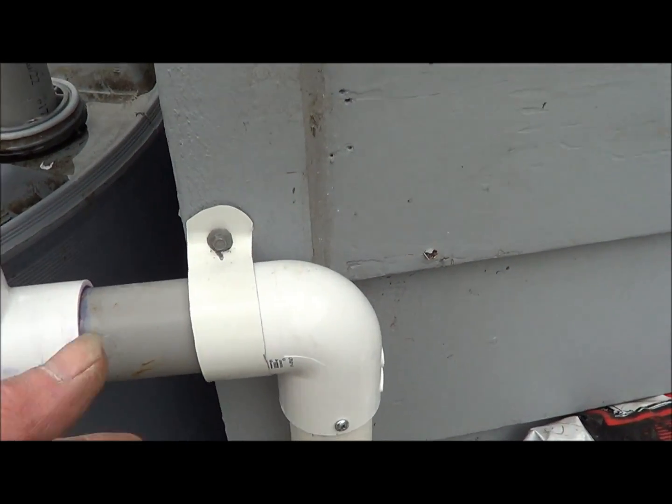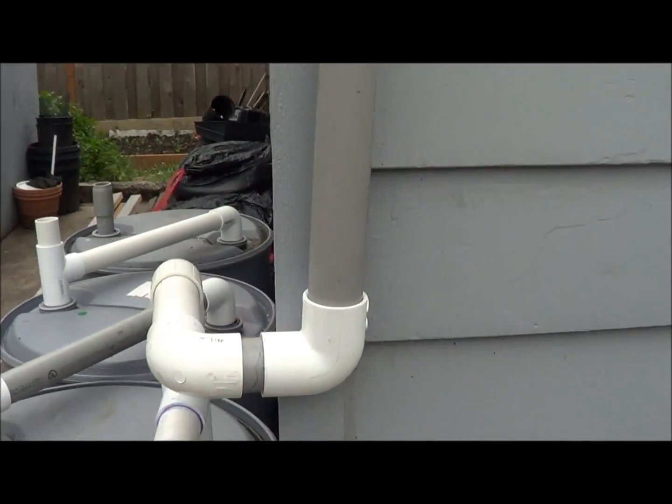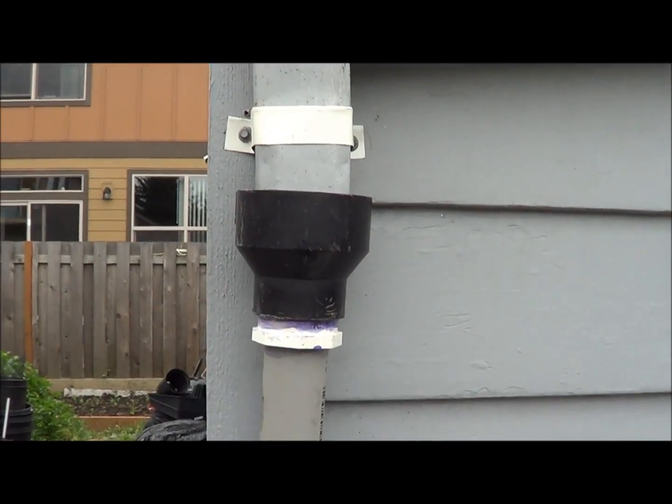Got just one attachment here to the house that holds everything in place, and I can just pull out one screw and modify things as needed